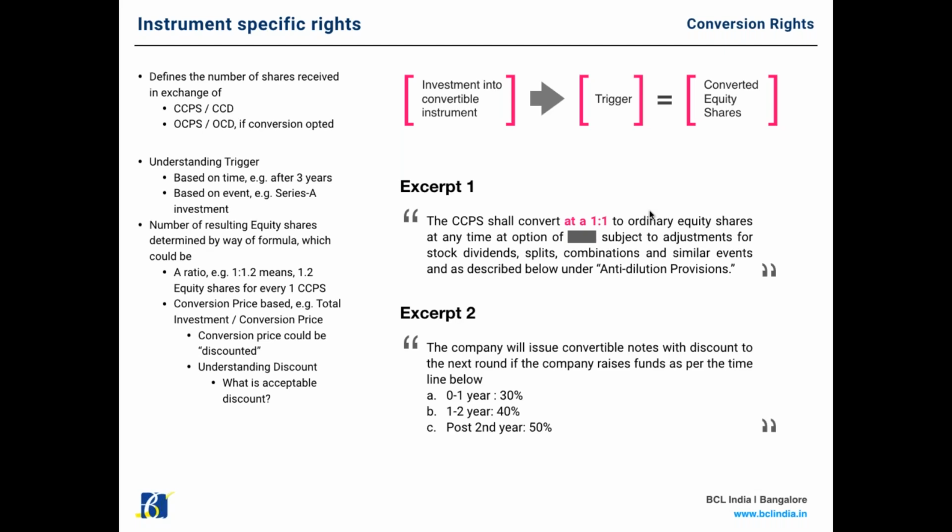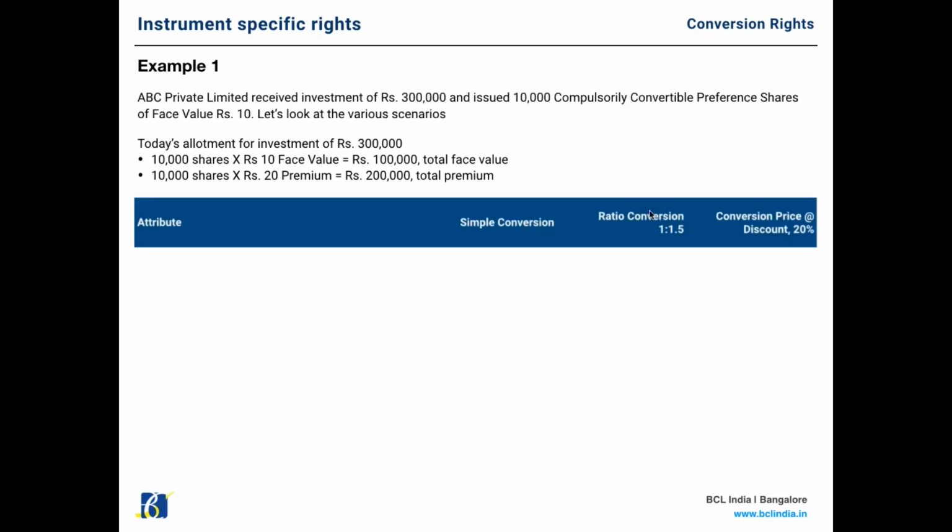And this is another excerpt. This is again a real life term sheet. If you see the discount, it is crazy, right? 1 to 2 years is 40%, and post the second year it is 50% discount, which means if you don't raise money up to the second year and even beyond, you get a 50% discount on the next round, right? Which are crazy numbers. So please be careful when you sign up on discounts. You need to go through the fine print to understand what is the percentage of discount that you will be getting. Let's quickly take an example.